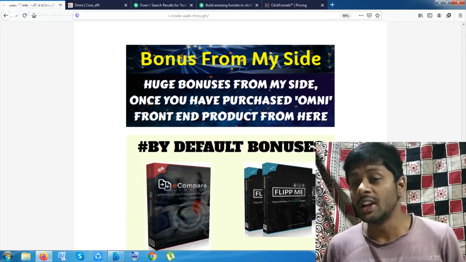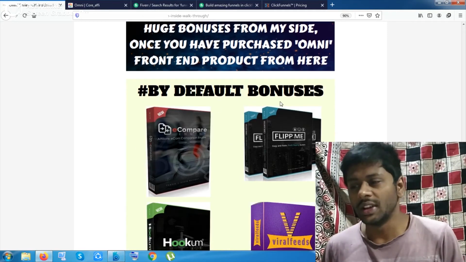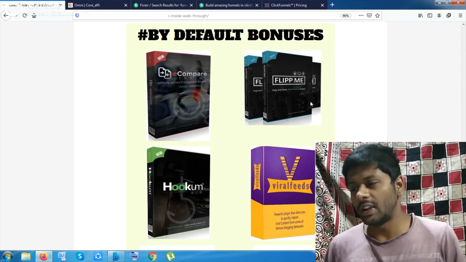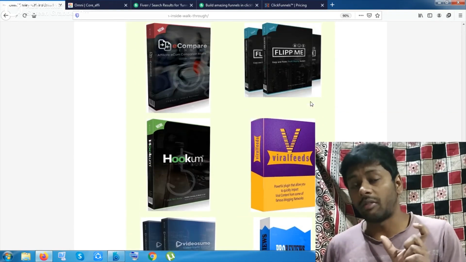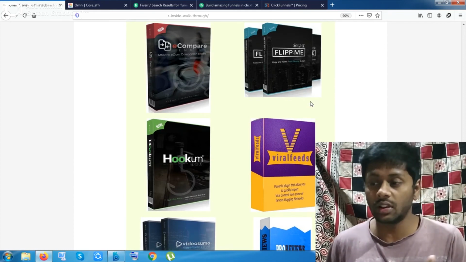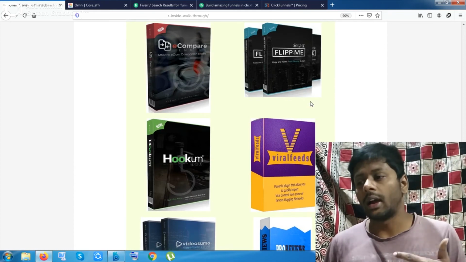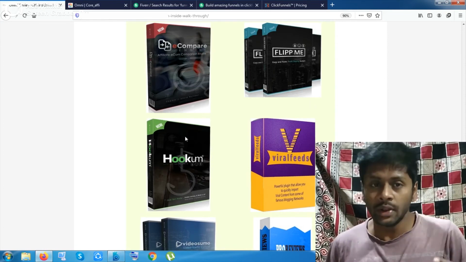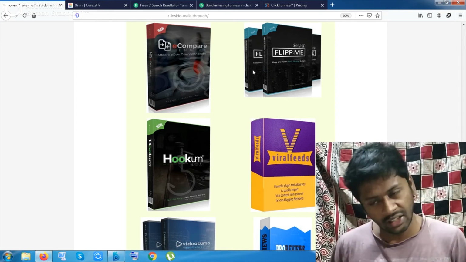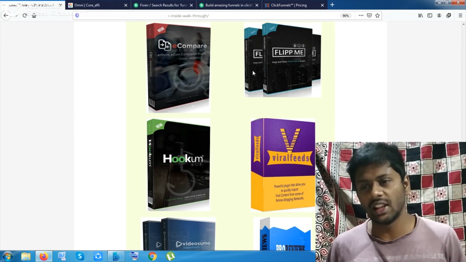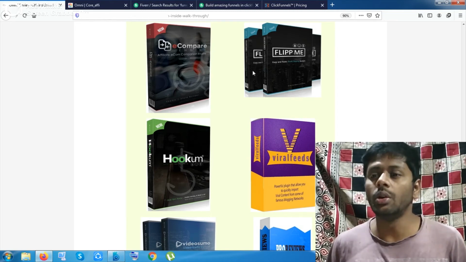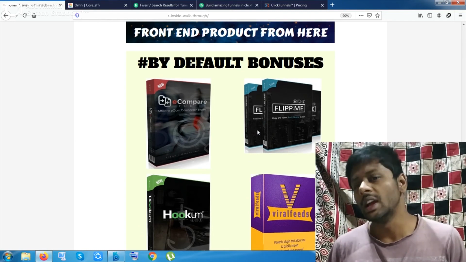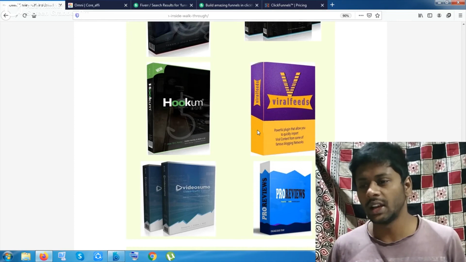Now let me clear the bonuses for you. So by default these bonuses are coming. Okay, so if you purchase the product from anywhere, these bonuses will be given to you, like 6 very important software. But after purchasing the product, you will not be given the bonuses inside the members area. From the owner you have purchased the tool from, he or she will give you a link, like this bonus link. I can give you the link also, but after purchasing. Okay, so your seller will give the link to you, and from that link you can take these bonuses. These bonuses come by default with the tool.